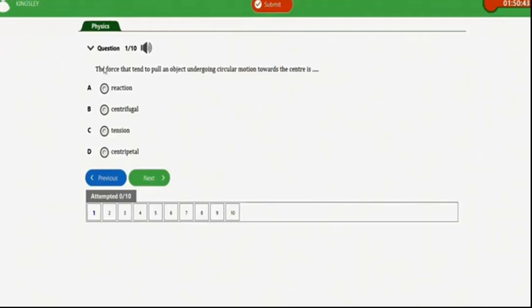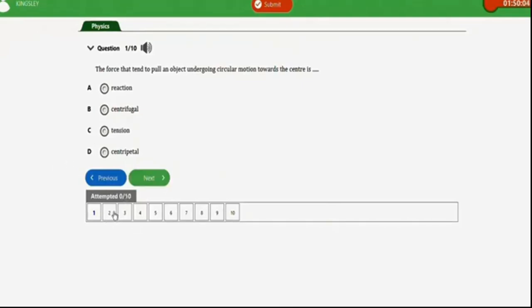the center is what? So the correct option on this question is option D, centripetal force. It's not centrifugal force, it's not tension, it's not reaction. Now note that centripetal force is the opposite of centrifugal force. Centripetal force is the force that pulls an object undergoing circular motion towards the center, whereas centrifugal, this option B, is the one that pulls an object undergoing circular motion away from the center. So centrifugal is the opposite of centripetal. For this particular question, since the force is pulling the object towards the center, it is centripetal, which is option